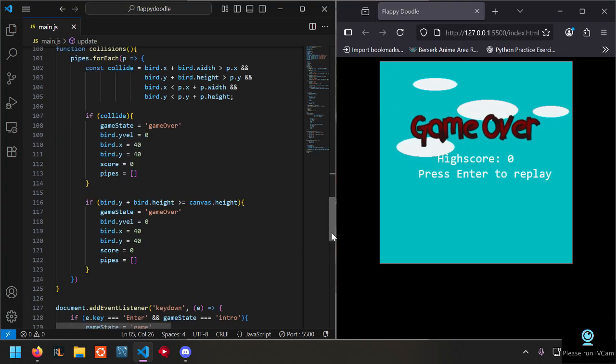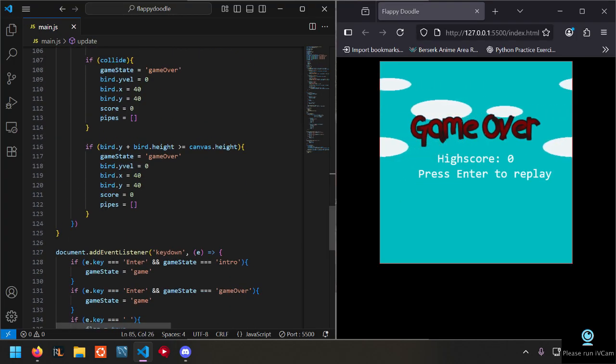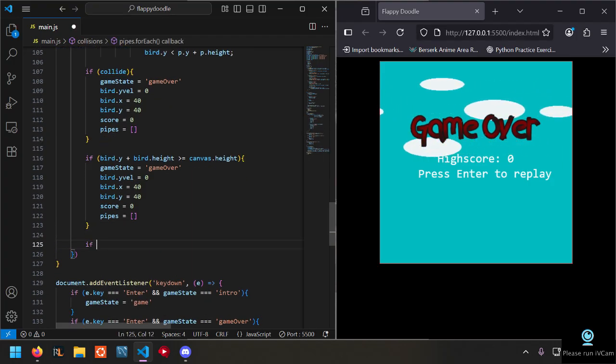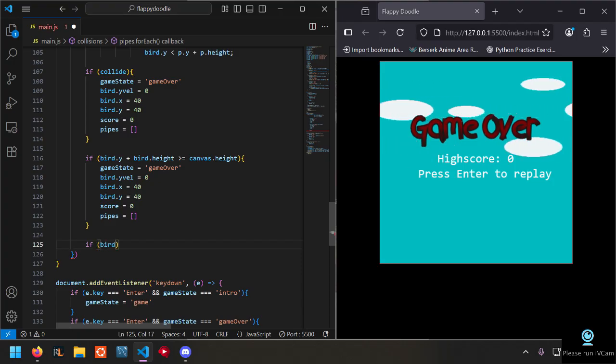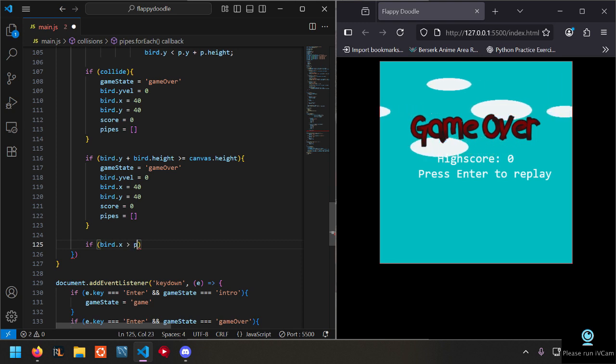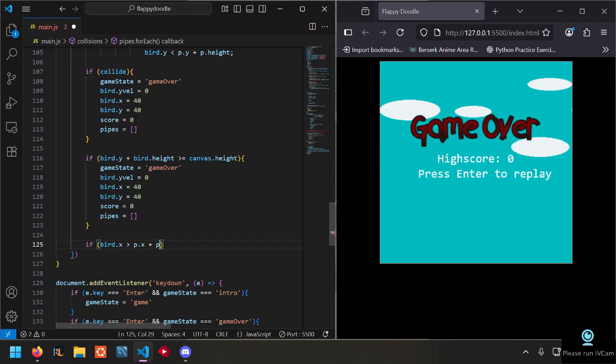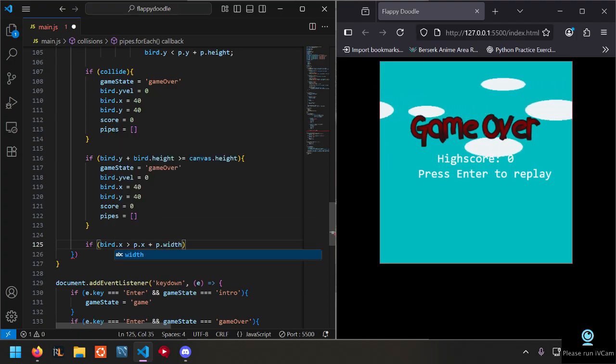And now we need logic for when we pass the pipes. So if the left side of our bird is greater than the pipe width,